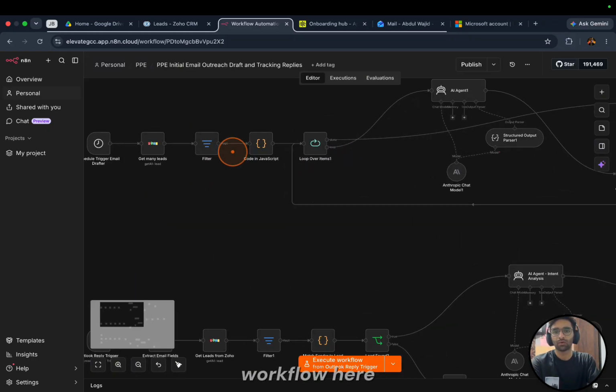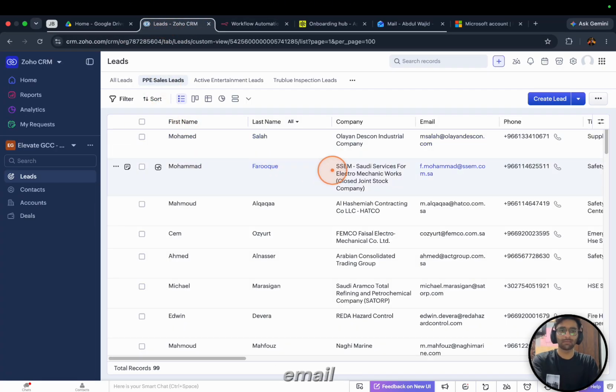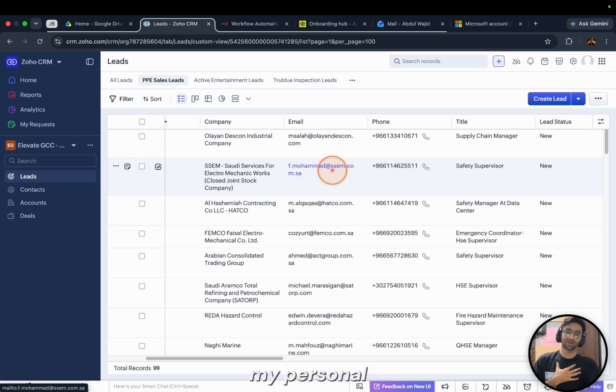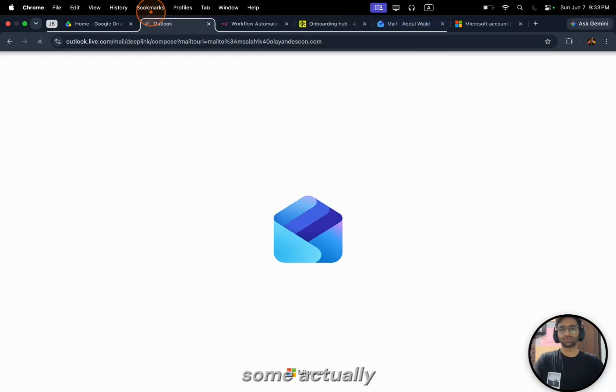So the first workflow in the outreach process is email drafting. On behalf of our company's account, it will draft the emails, not send them, because we want to validate first. But before running this workflow, I am going to add my email, so that one email I should receive on my personal account as a lead, and then I should reply so that I can show you the execution of the next workflows, because these strangers may not reply now, and it is very important to have some